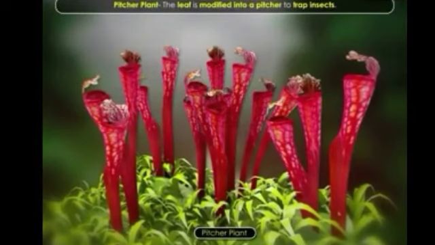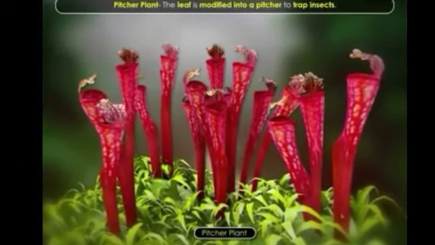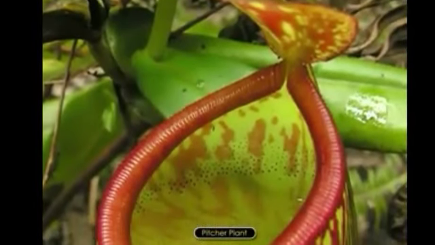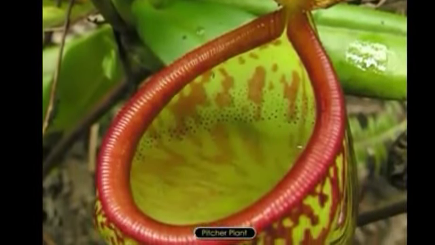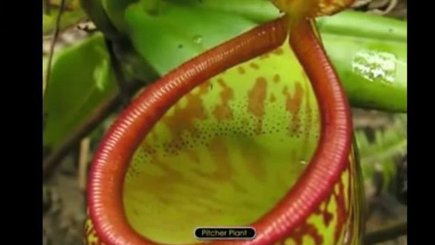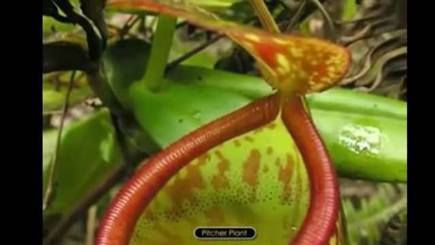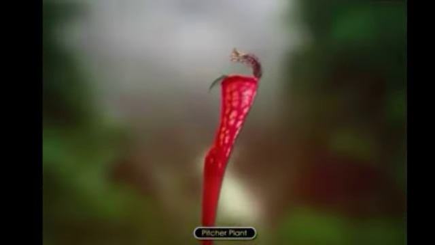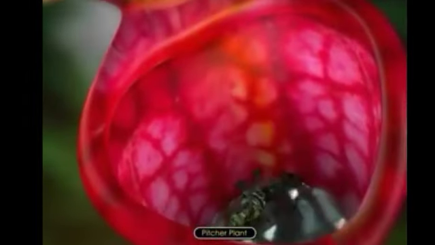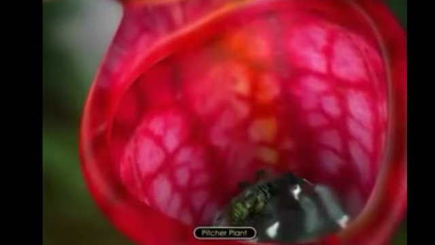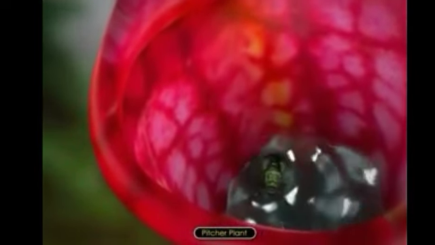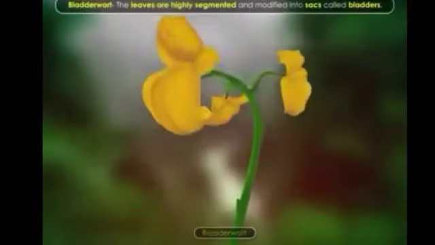First, we will discuss the pitcher plant. In pitcher plant, the leaf is modified into a bag-like structure which is called the pitcher. This is the inner side of the pitcher where the sugary secretions are seen. Generally, the lid is an extension of the leaf apex. The pitcher plant hangs in the air because of the petiole. And once the digestive juices are active inside, any fly or any insect that falls in it gets digested.